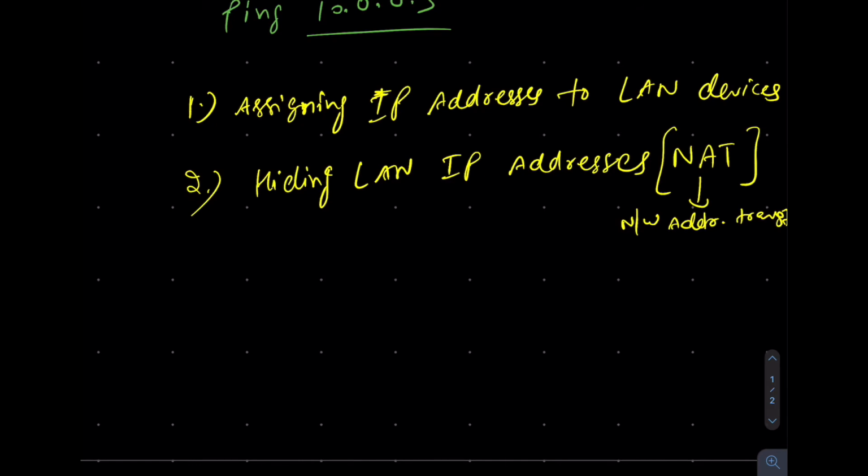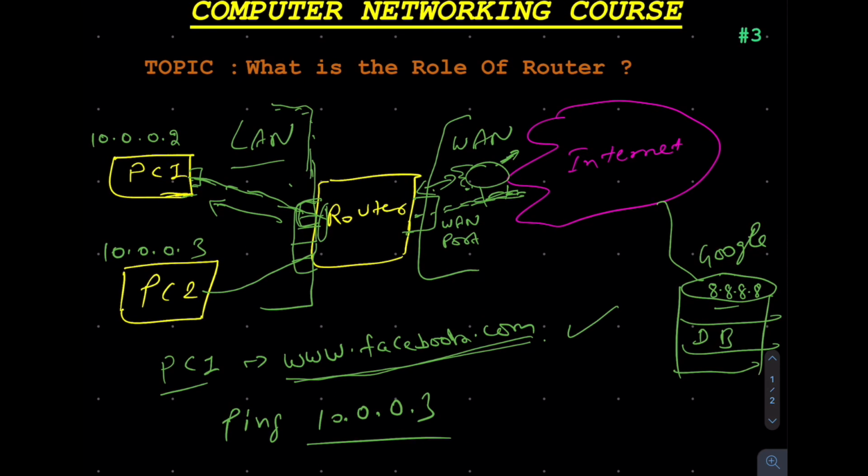The reason it's hiding the IP address is because we have very limited IPv4 addresses, and over the internet there will be many devices using the same IP addresses. The problem comes if the router doesn't hide these IP addresses and allows these IPs over the internet. When there is a reply coming from the Google server, it will be replying on this IP, and there may be some other device on the internet which also has the same IP address, right? Like PC1, there will be, for example, PC6, and it also has the same IP. So there will be a conflict for the Google DNS server about where to send the packet, right? So that is the problem.